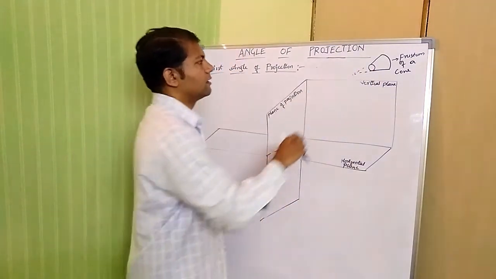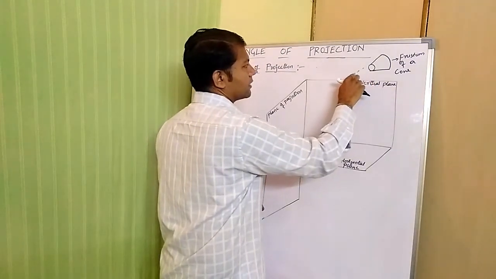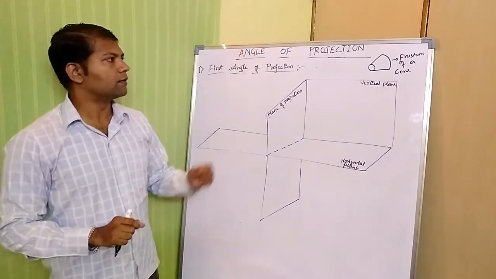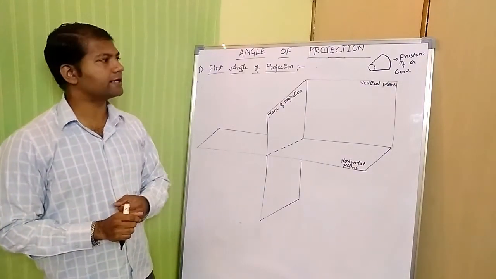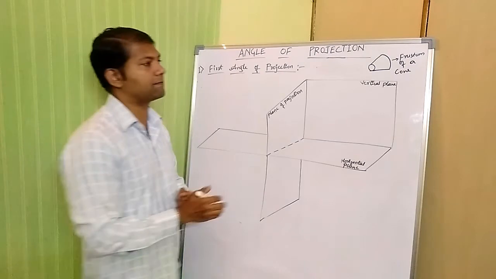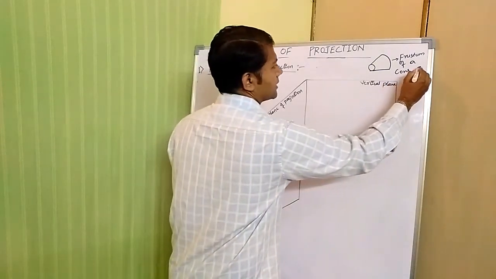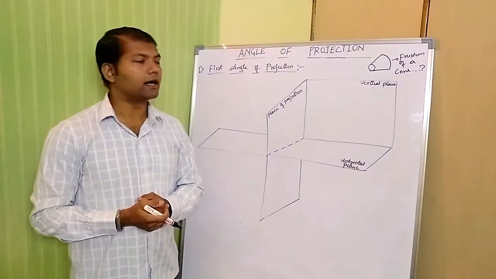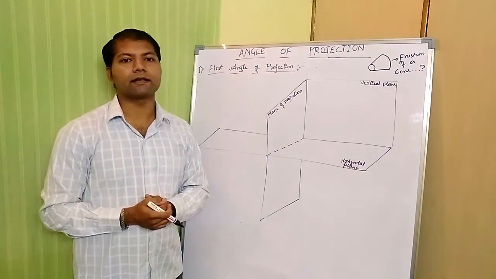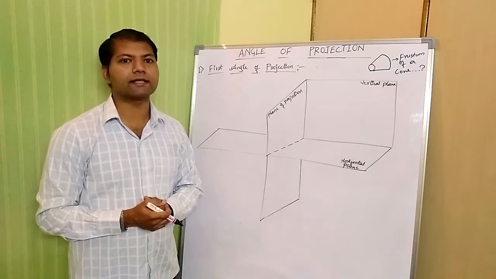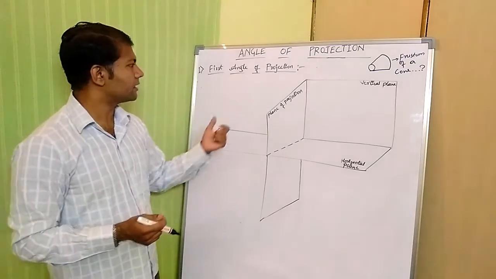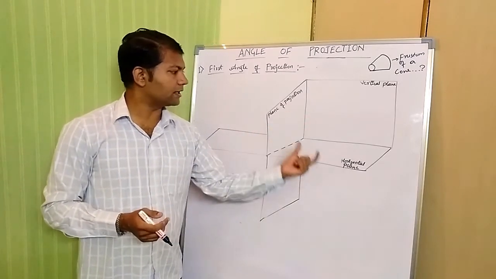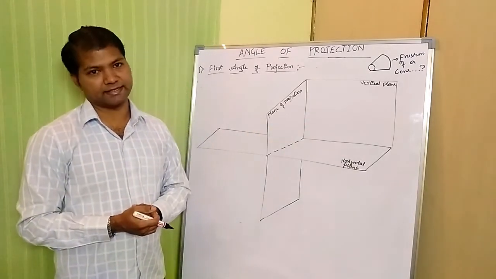So the frustum of a cone is nothing but a cone that has been cut somewhere at the center. And one more thing, the question that appears here is why the engineer has taken the frustum of a cone as an example. In this video only, I am going to tell you later about why he has taken a frustum of a cone as an example. So coming here, the plane of projection, vertical plane and horizontal plane have been placed here.